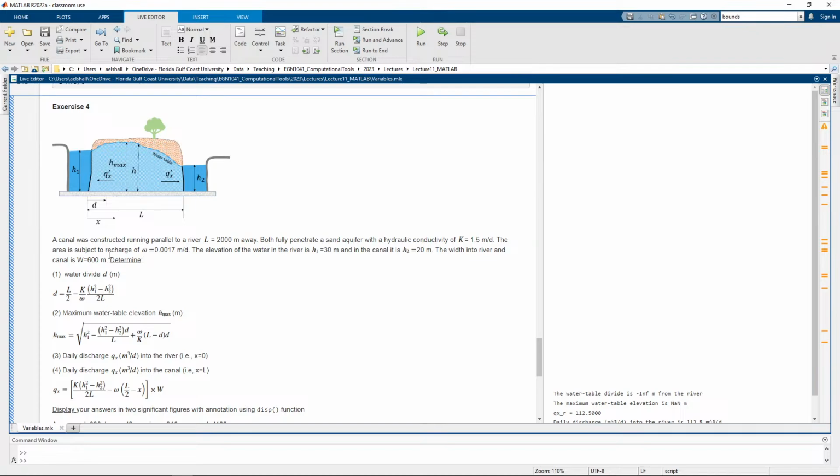The area is subject to recharge of 0.0017 meter per day. So you have some recharge component here that's recharging the aquifer. The elevation of the water in the river, H1, is 30, and H2 in the canal is 20. The width of the river and the canal is 60, so the width inside the screen is 30, and it's telling you